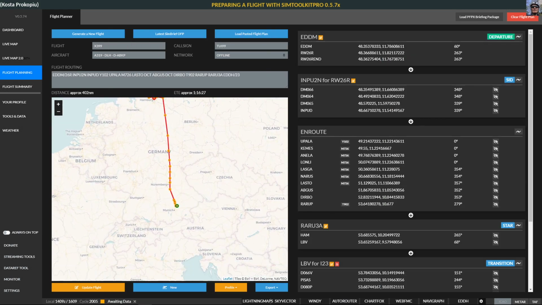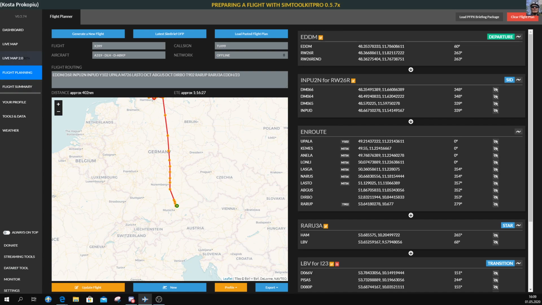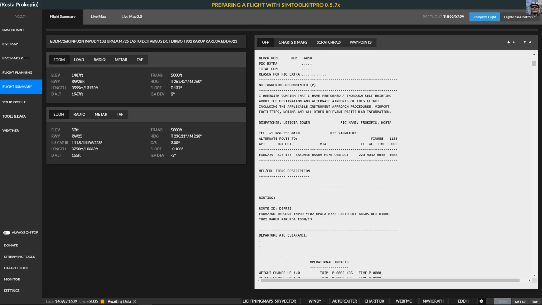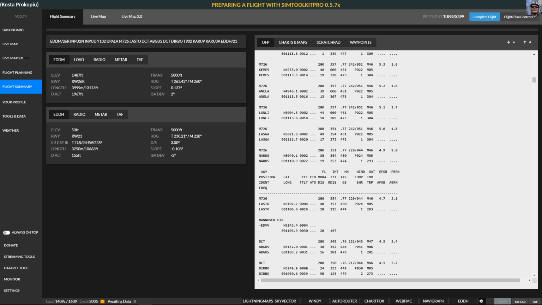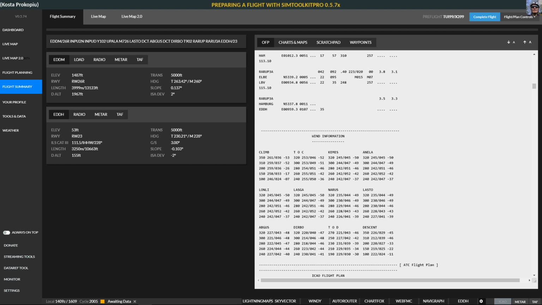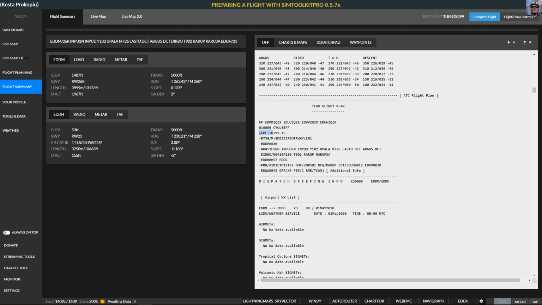Let me quickly show you that. So here is the SimBrief. Go to the flight summary, and somewhere in the flight summary here it is. See, this is the ICAO flight plan. From bracket to bracket, you can copy it, and then